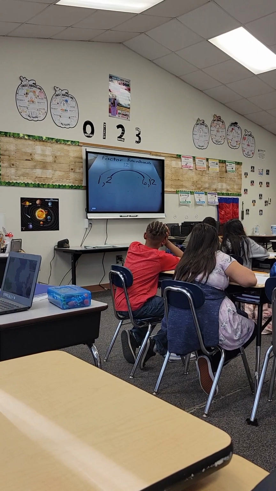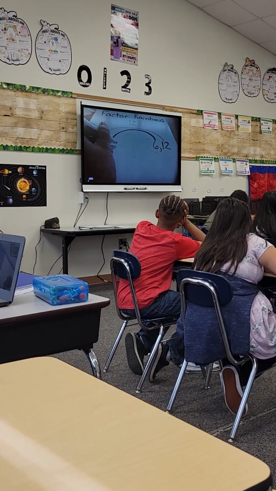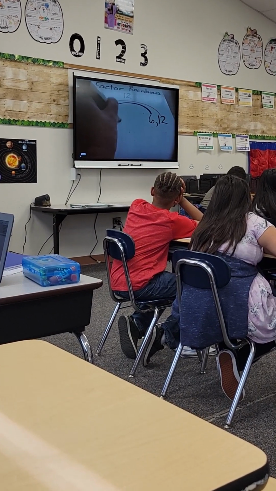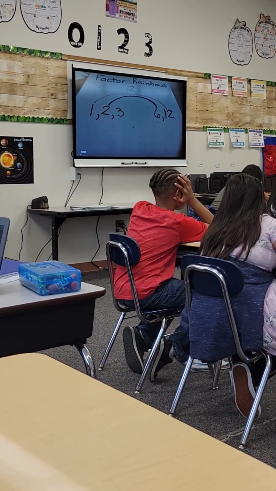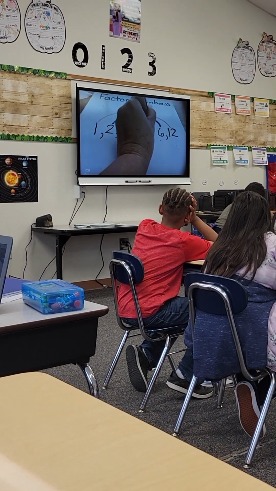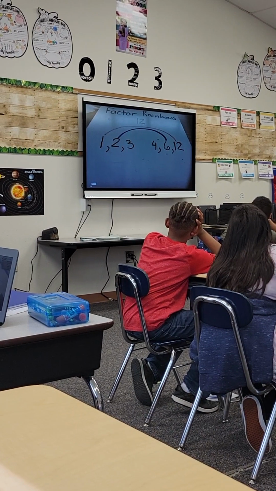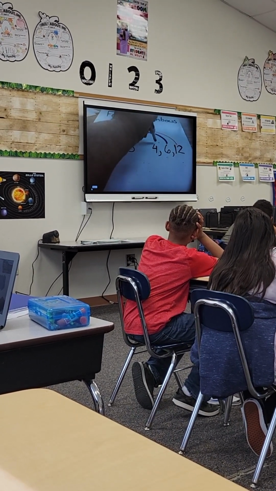Go back over to the left, and with my counting, I count 1, 2, the next number is 3. Is there any number times 3 that equals 12? Yes, 3 times 4. Do I see a pattern here? Connect those. 3 times 4 equals